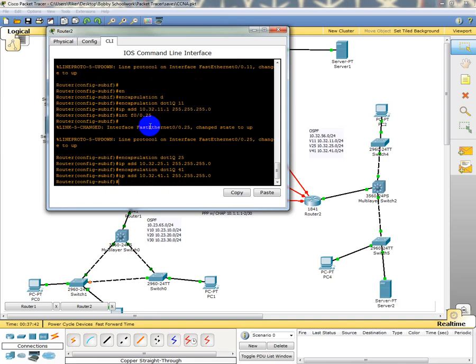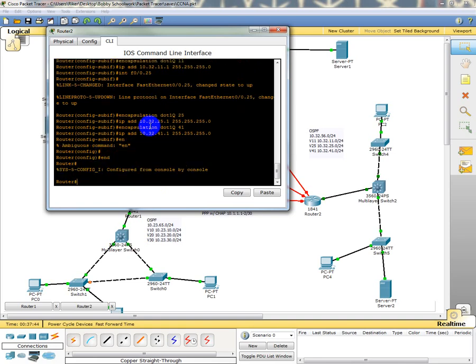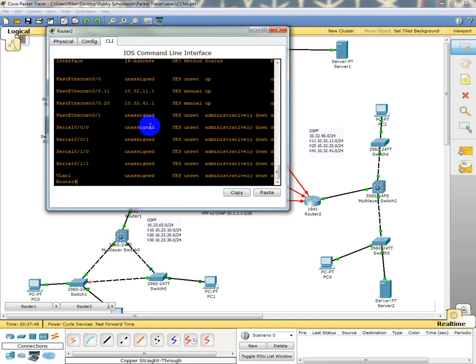41 there, and show IP interface brief. Wait a minute. Oh, I didn't create one. Oh, see what I did right here? I goofed. So I'm going to go config T